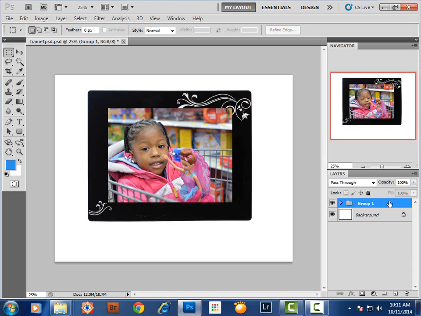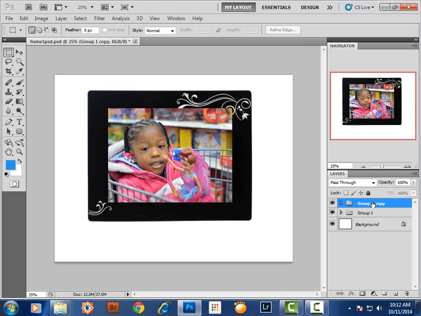So next, I want to grab that group and drag it down to the create new group or new layer icon, and there we see we get a group called one copy. It's a copy of our original group. Now it doesn't matter which grouping we use for the reflection, it still works the same way. So here we're going to use our group 1 copy,